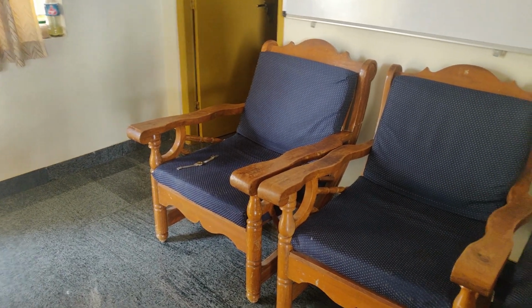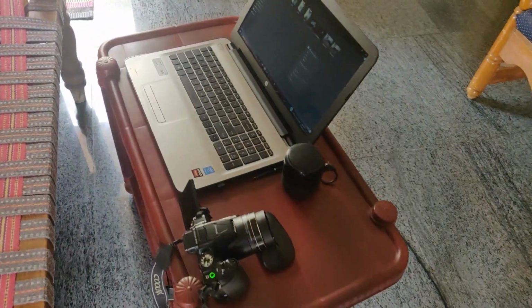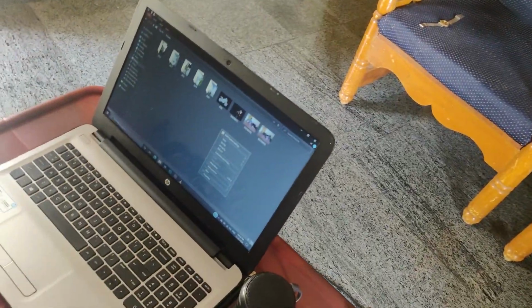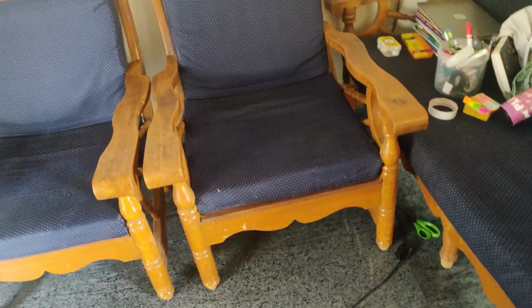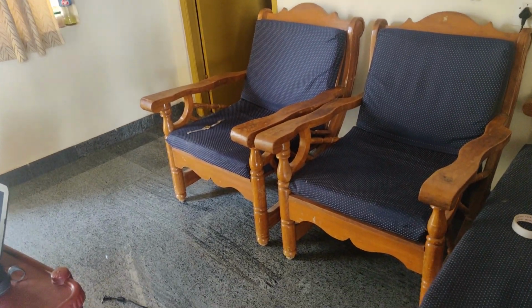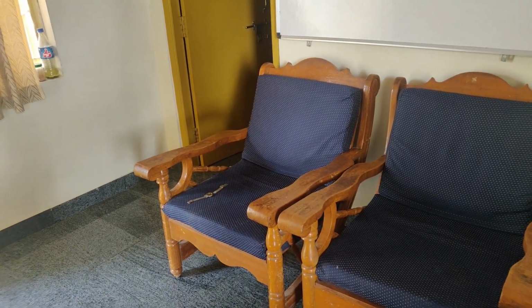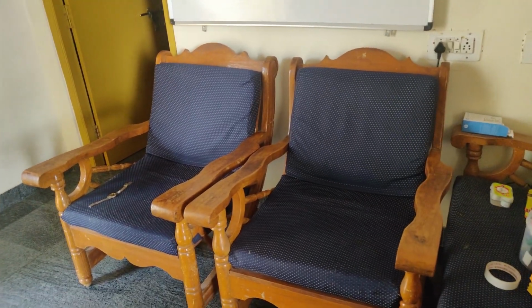So right now I'm trying to take a photo with my camera. Not so big a room, but kind of big, so you can actually do things. My dad is over there, so after he goes out I will start the video.